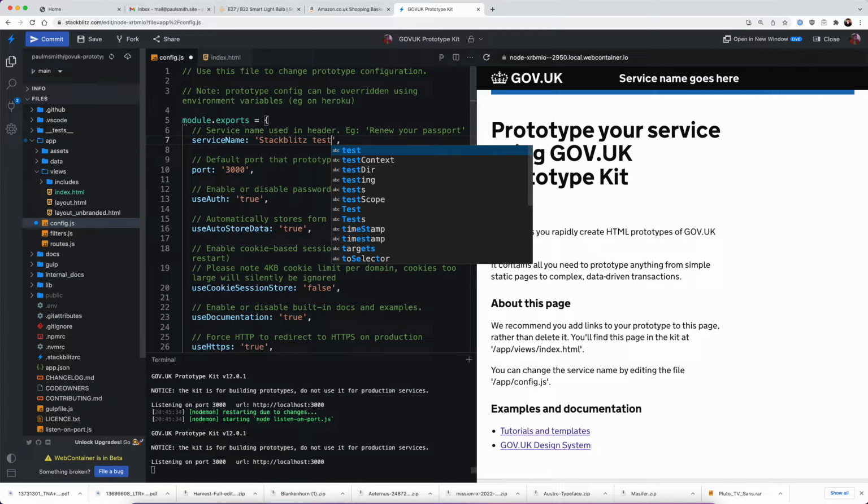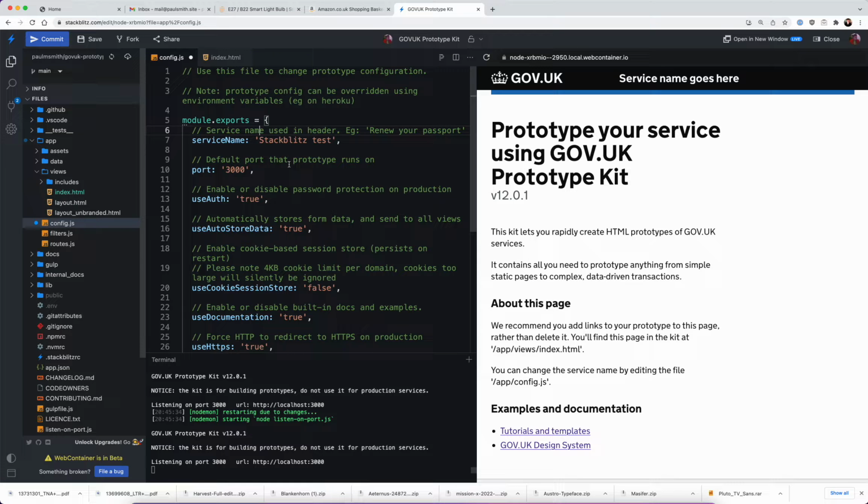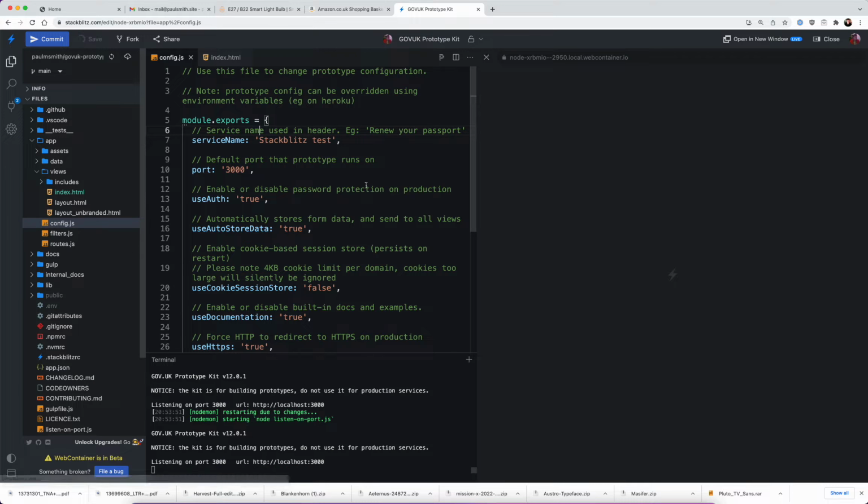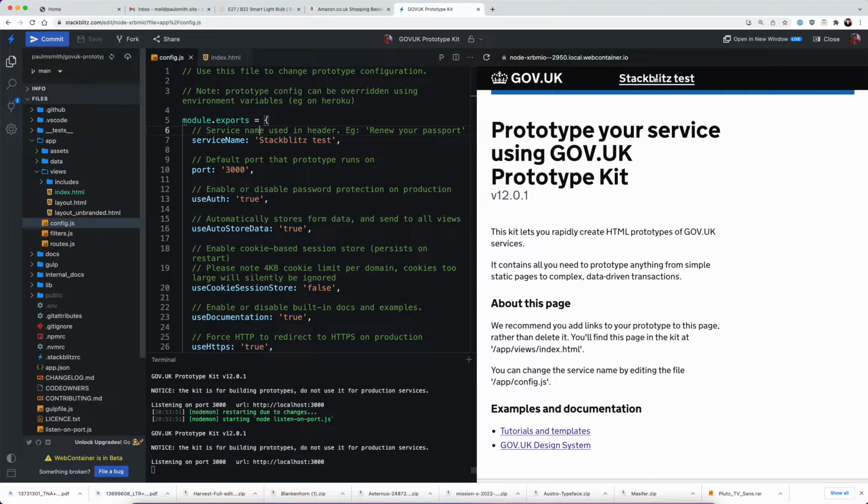StackBlitz test, what this is going to do when I press save is save this file, restart the server in the terminal, and then reload the rendered screen in the restarted server here in this frame to the right. So press save, and you can now see that that configuration option is updated all within a split second